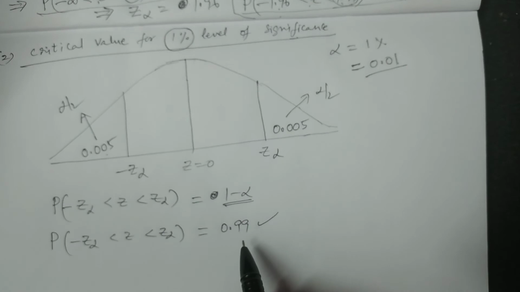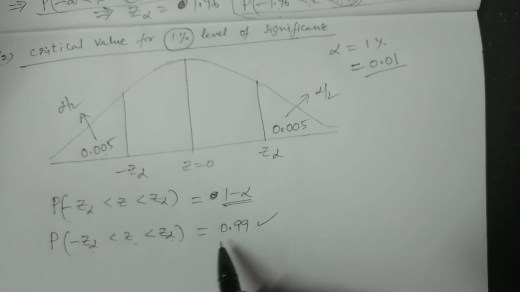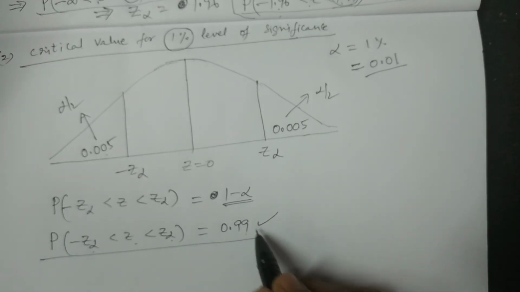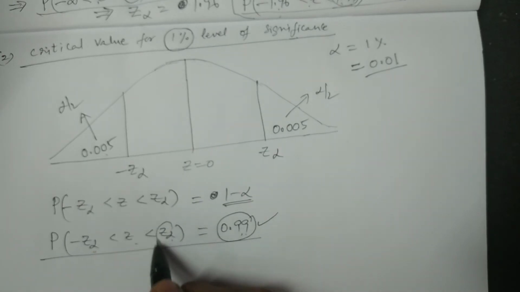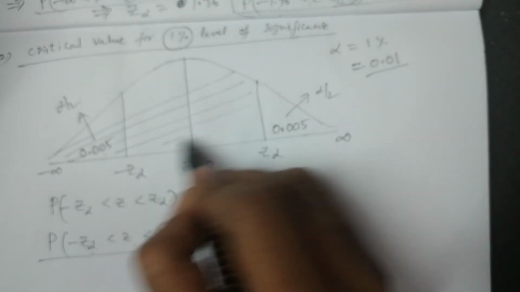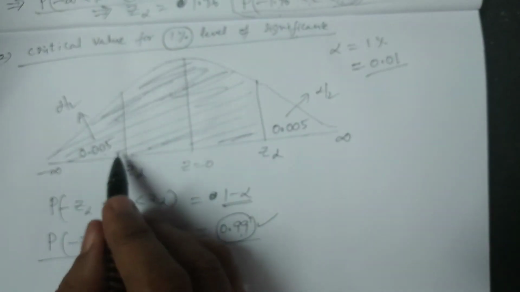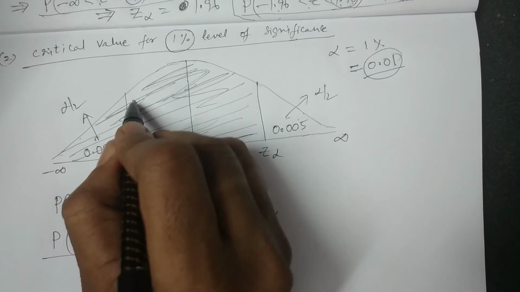That is also you can observe. Both the things you can observe here. So probability of minus Z alpha less than Z alpha is equal to 0.95. But for this value 0.99 we cannot calculate Z alpha directly from the normal distribution, because the normal distribution values are calculated only from minus infinity to some positive value of Z, that is Z alpha only. So if this is 0.0, these two are alpha by 2, then this is alpha 0.01, then this is 0.99.